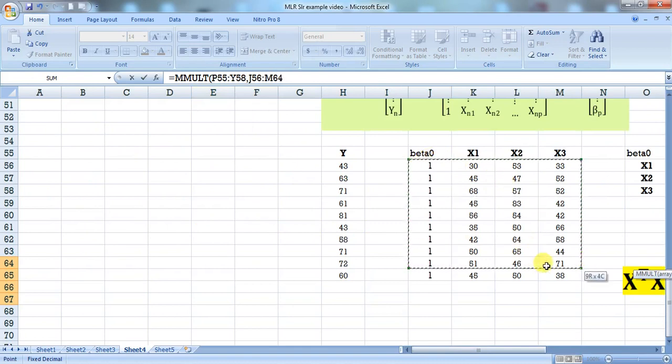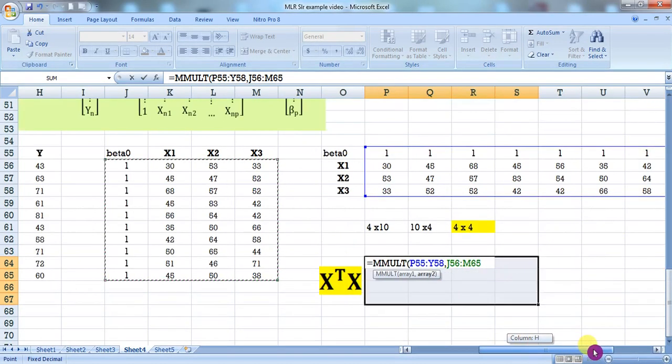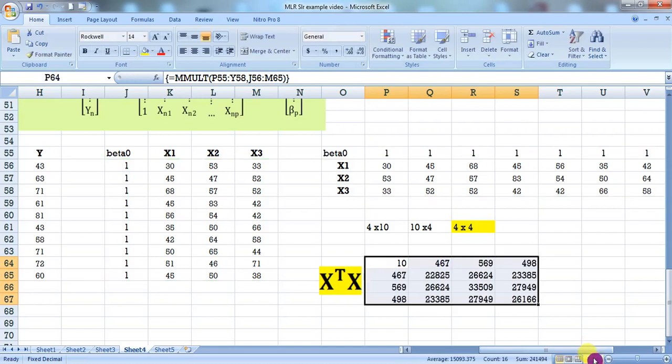Do not select the labels. You have to be cautious about this. Once you have written this, do not press enter. We have to press 3 keys at a time, Control Shift Enter. Then only we will get the outcome. Now you can see the first one is nothing but your n, the number of observations. The first cell will be n, so this is your tally point. Other things are a little bit like equation types. So for your course you can have the simple check, that the first cell is equal to n.